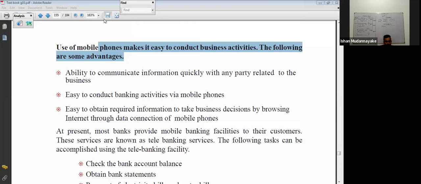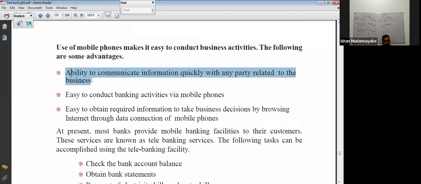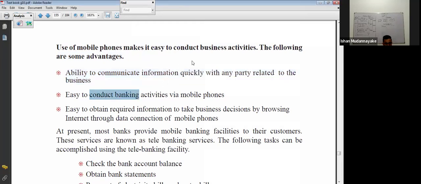First advantage: ability to communicate information quickly with any party related to the business. Right. We can communicate information with other parties. Second one: easy to conduct banking activities via mobile phones. Yes, we can do banking activities through mobile phones. Right. Next one,